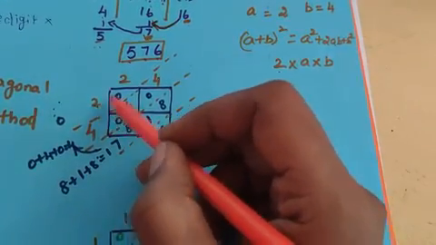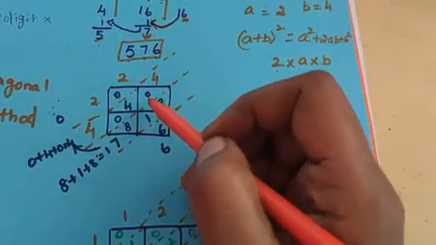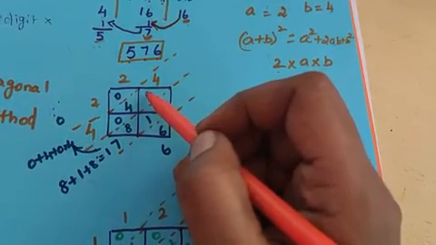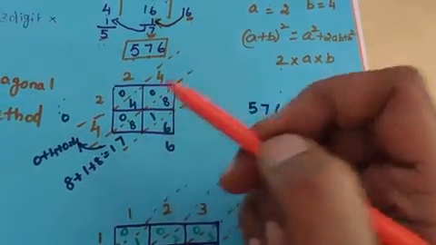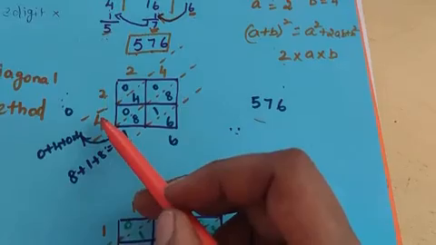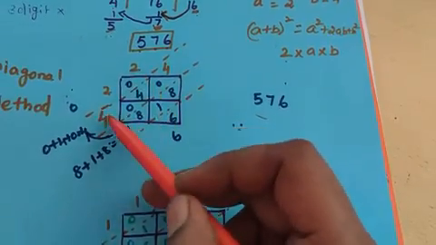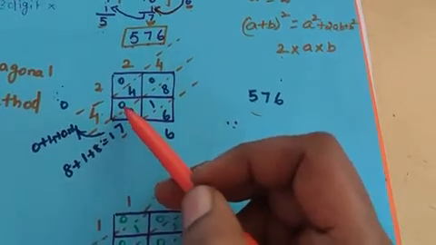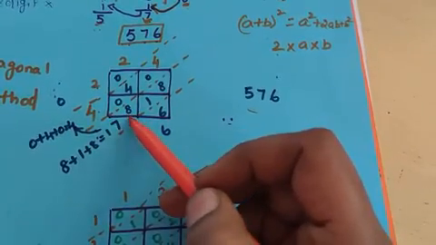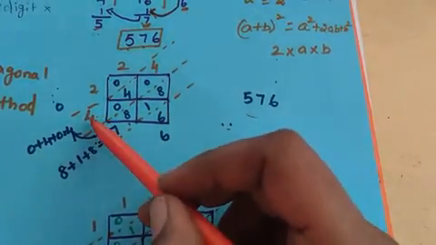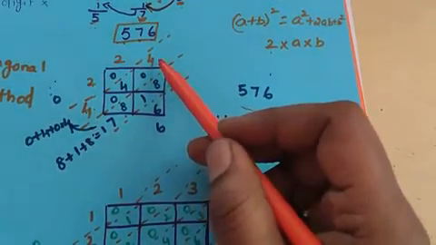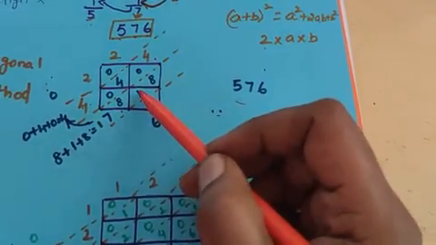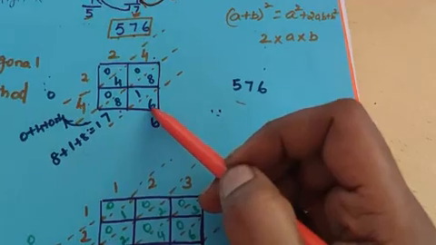And the next number, 2 4s are 8. Again the tens digit here is 0. So 0 and 8 I wrote. Now we come here, 4 multiplied by 2. Again 4 should be multiplied with 2. So 4 2s are 8. Again the tens place is 0. So 0 and 8. But here you see 4 multiplied by 4, it is 16. So 16 I wrote like this, 1 and 6.